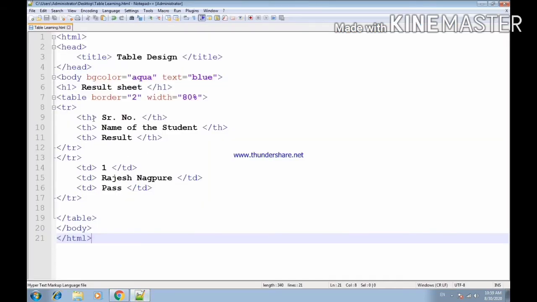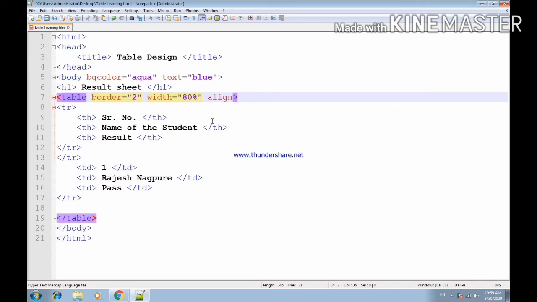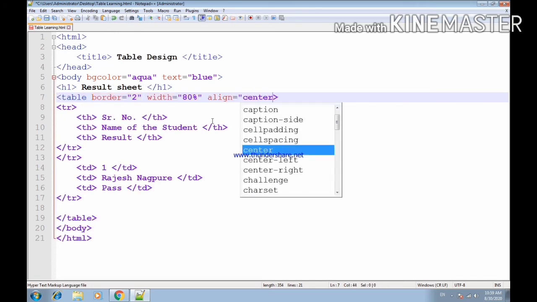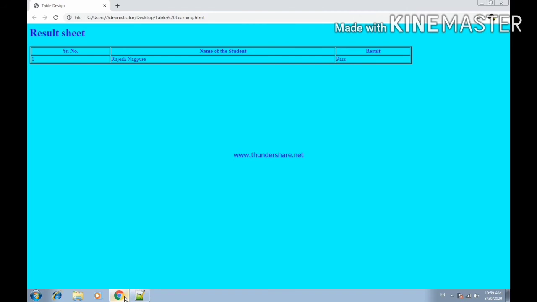So suppose here I am adding align center. What happens? Save it and F5 to refresh it. You can see the table is center aligned.